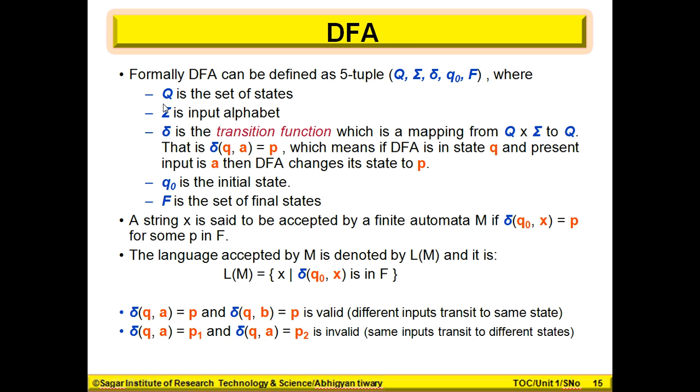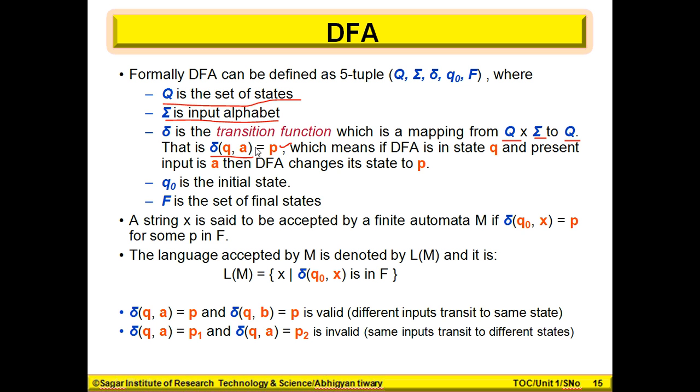That's all. So what are the 5 tuples? So we have Q. Q is a set of states. By using this 5-tuple we can define a DFA. Sigma is the set of input alphabet. Definitely it is going to be a set. And delta. Delta is the transition function. So it is a mapping of the set of states with the input alphabet. It means we have to take the Cartesian product of that, and it is going to map to, again, a state. So this is a function, and that's why in a function we are going to give some kind of arguments, that is the input, and we are going to get the output.